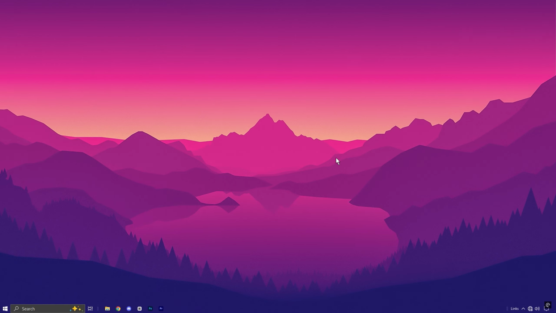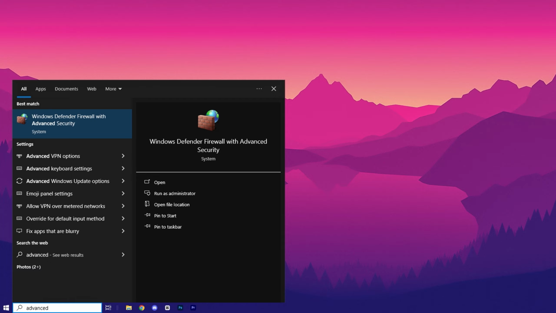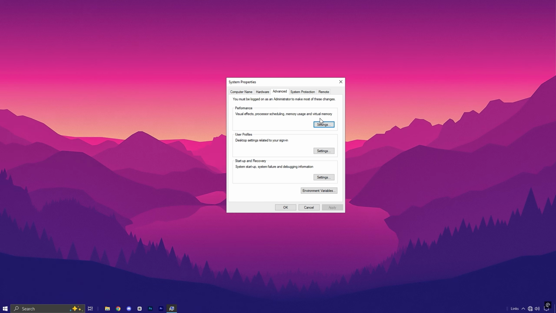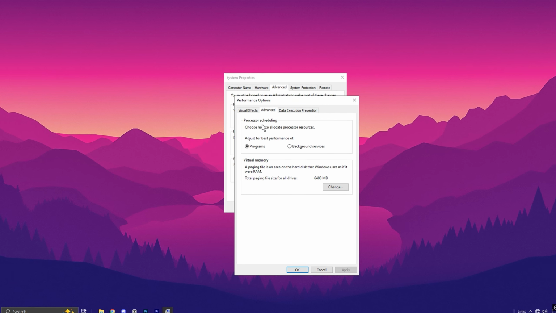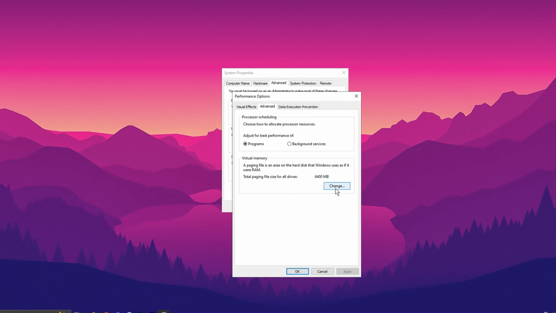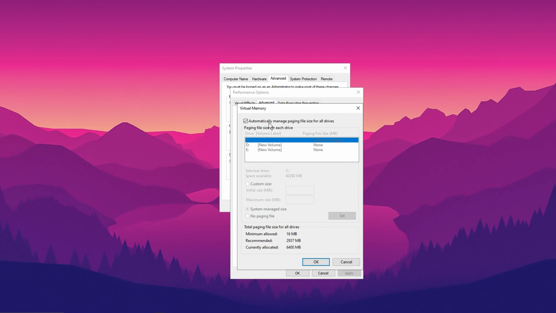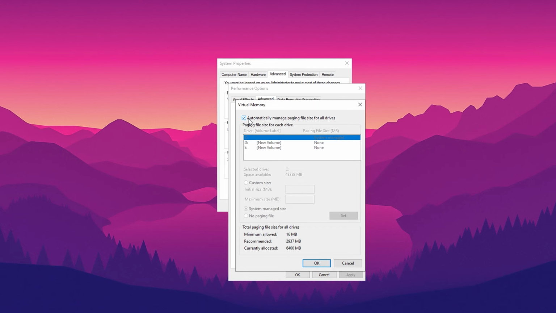Next, optimize the paging file, which serves as virtual memory. To begin, search for Advanced System Settings and select it. In the Performance section, click on Settings. Under the Advanced tab, click Change in the Virtual Memory section and ensure the box labeled Automatically Manage Paging File